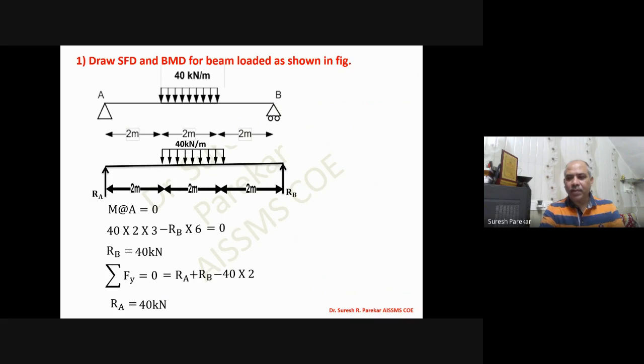So always keep in mind, if you have a symmetrical beam, then you can directly write it in this fashion: RA is equal to RB equal to total load by 2. But it should be symmetrical by all means, that is for supports and all. Though it is a simple support, we do not have any horizontal force, so it becomes 0. So now it becomes symmetrical, and the total load is 40 into 2, divided by 2, which is 40 kilonewton. So in this way also you can find it.